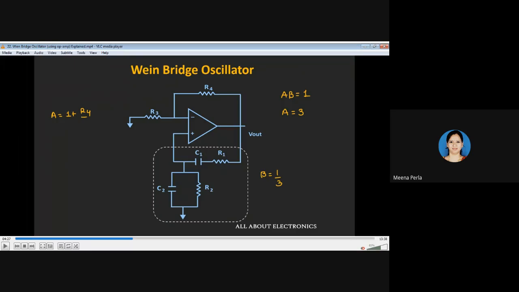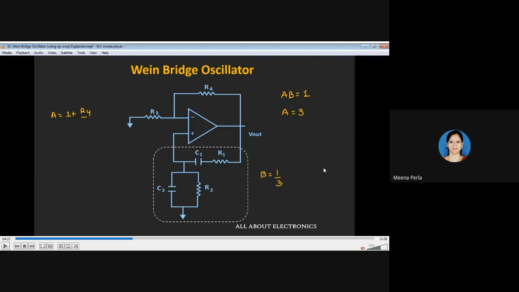So whenever there is a question to explain a short note on the Wien bridge oscillator, your circuit diagram, your resonant frequency equation, and your gain factor, or you can say loop gain A beta, should be very clear. So here you can also see that in the Wien bridge oscillator the feedback factor beta is equal to 1 by 3, and the gain of the amplifier is 3. Whereas in the RC phase shift oscillator, we have seen the feedback factor beta is equal to 1 by 29, and the gain of the amplifier was equal to 29. So this is how the derivations of both the RC phase shift and Wien bridge oscillators come into the picture.